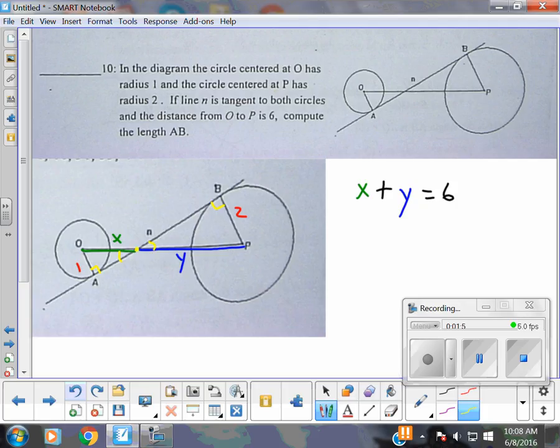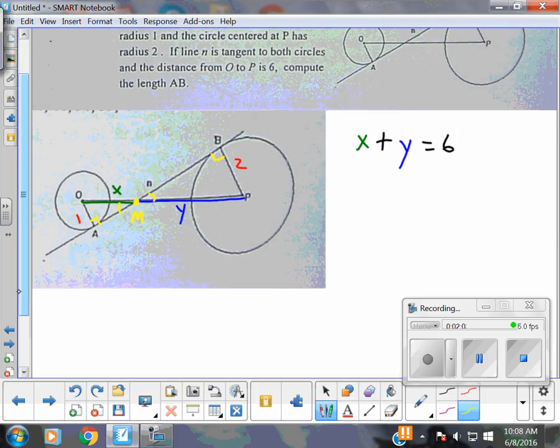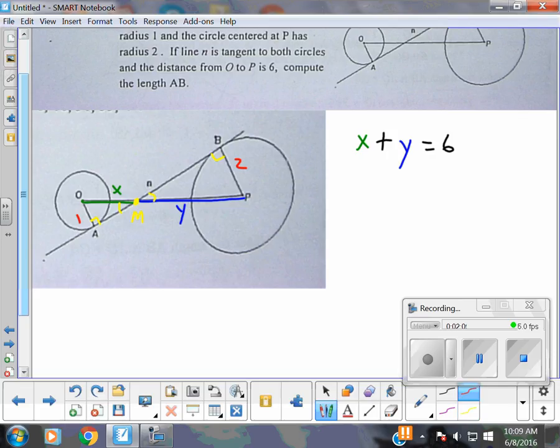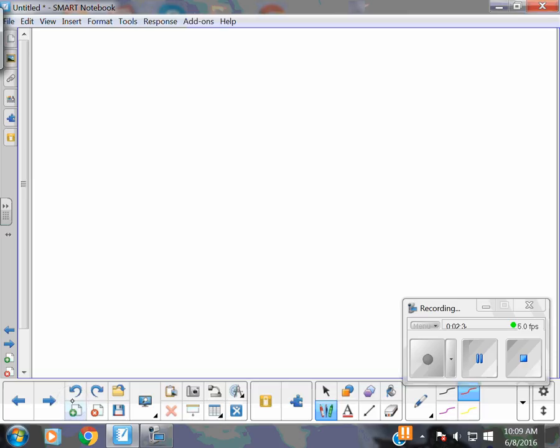OAM and MBP. Those are two similar triangles. So their ratios have to be the same. And you immediately see, you know some numbers. You know 1 and 2 here. And what you really want to find is the distance here of, I'll call it C, little c, and this distance here, little d. Alright, we're going to have to find little c and little d and get the sum of those two to find the final answer. Now before I muck it up with C and D,